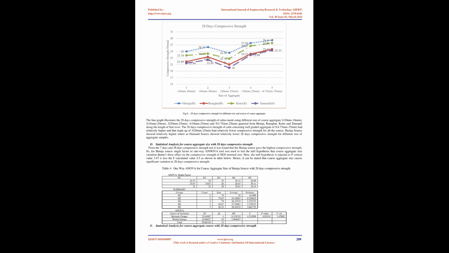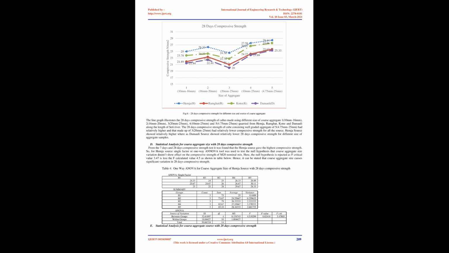The 7 days compressive strength of cubes consisting of well-graded aggregate of 5, 4.75 mm-25 mm, was relatively higher, and that made up of 3, 20 mm-25 mm, had relatively lower compressive strength for all the sources. Hemja source showed relatively higher, whereas Damauli source showed relatively lower 7 days compressive strength for different sizes of aggregate